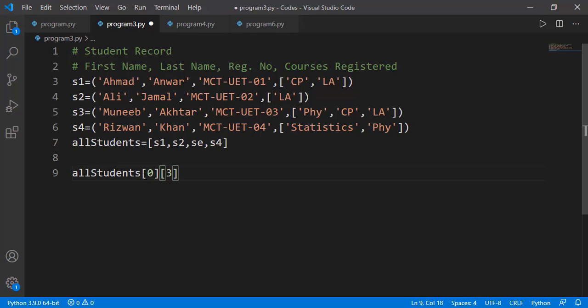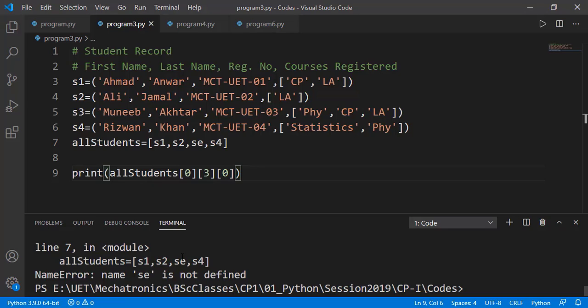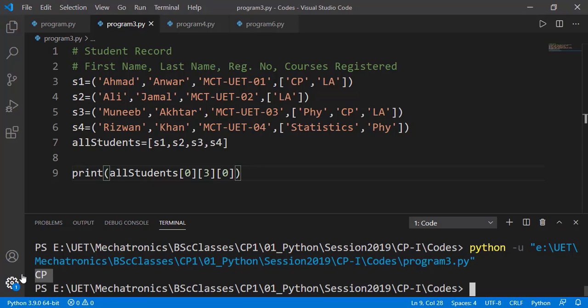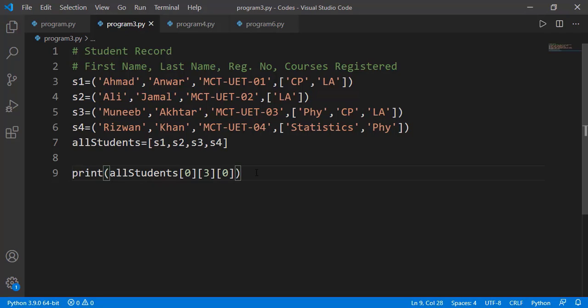Now suppose that from the list I just want to access the first subject CP, and CP is at index number 0 inside that list, so I will specify that as index 0 here. So this refers to this CP. Let's print that. And we got an error because I just misspelled the student variable name. And here we get that CP. So in one way it was good to see the triple indices case,